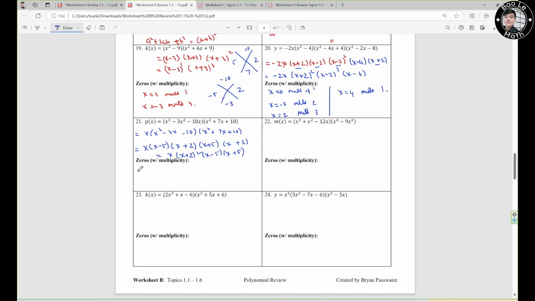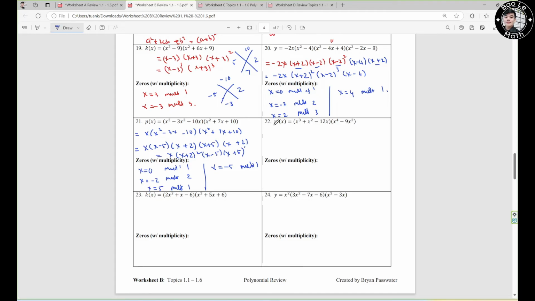So the first one is going to be s equal to 0, this one right here, multiplicity of 1. s equal to negative 2 for the second one right here, multiplicity of 2. Next, s equal to 5, multiplicity of 1, right? And the last one, s equal to negative 5, multiplicity of 1, right? This is the power of 1. Now,